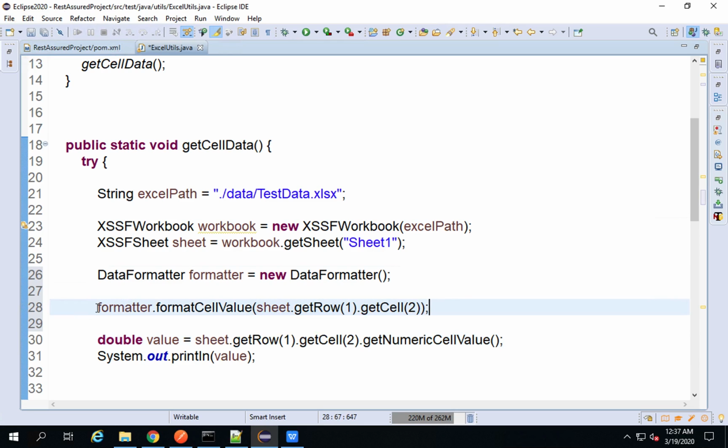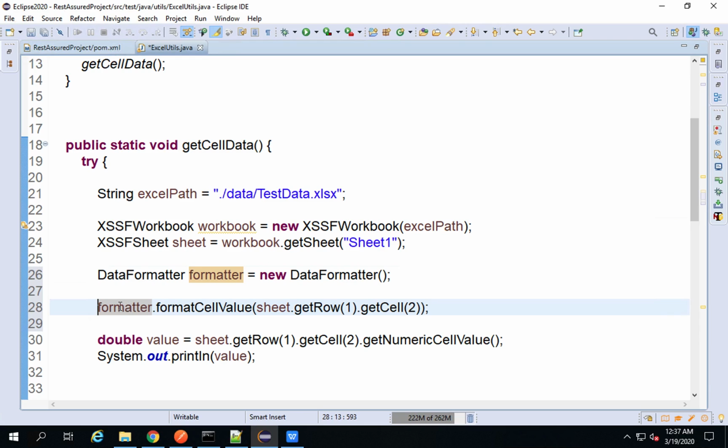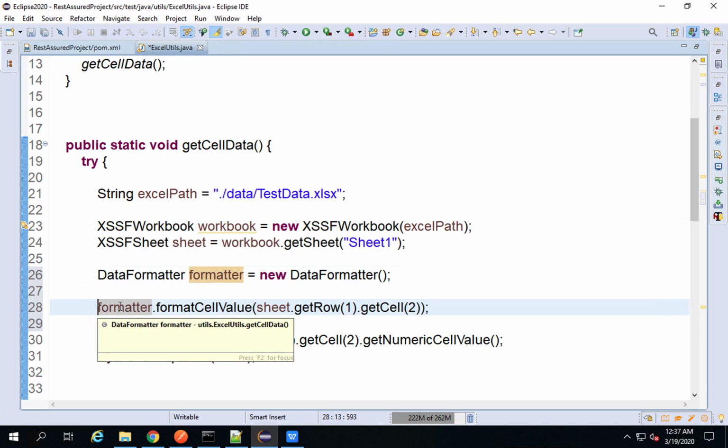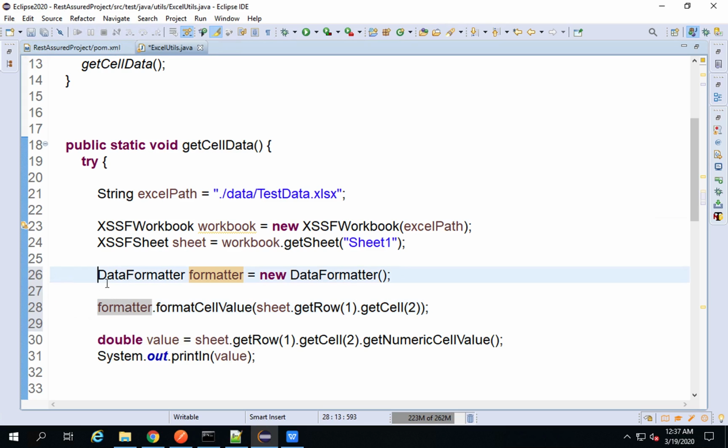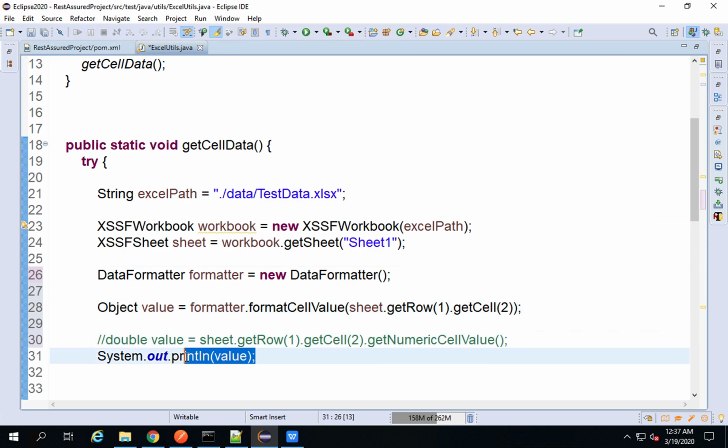Now I have to store it into a variable. This particular statement can get any value as it is, whether it is a string or a number or anything. So for that I will use an Object data type instead of string or int, so that it can store any kind of data. I'm saying Object and the value, and then I will be printing out the value here. So let us check this. If I run this now,